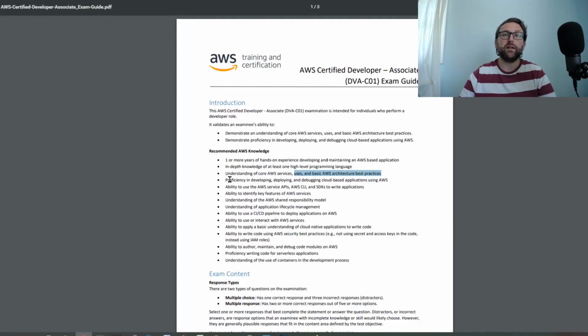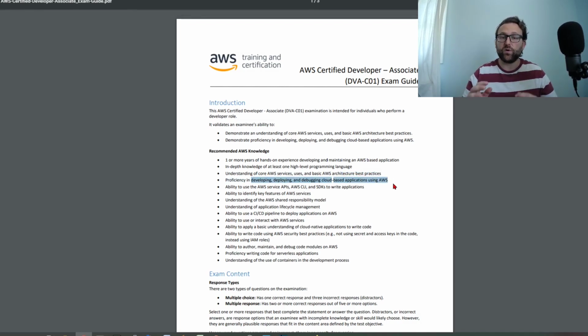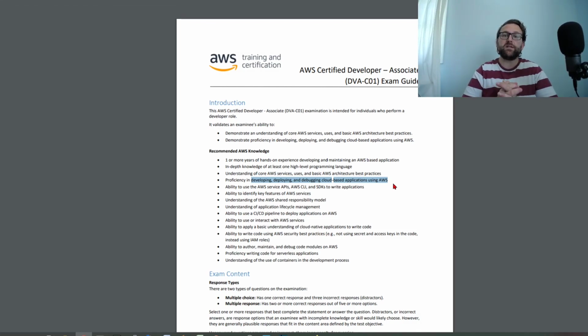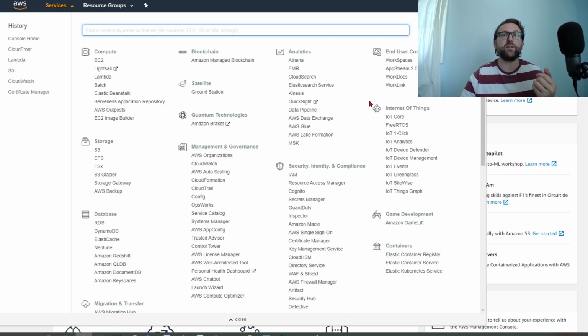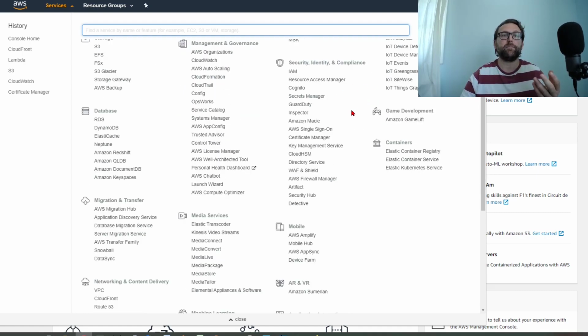All right, next, proficiency in debugging and deploying cloud-based applications using AWS. What does that mean? Well, that means you'll already be working with AWS and already working with services that are related to you as a developer, right? So what kind of services would you use to deploy and debug? Well,